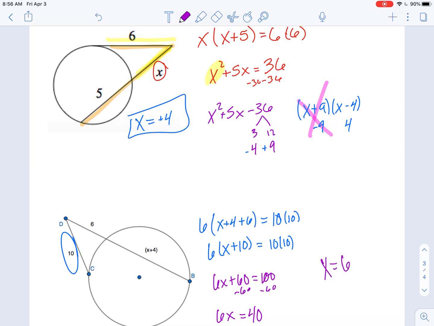And then we could subtract 60 over. I don't have an x squared, so I won't need to factor. So 6x is 40, which means that x is 6 and 2/3, or 6.6 repeating. All right, that is